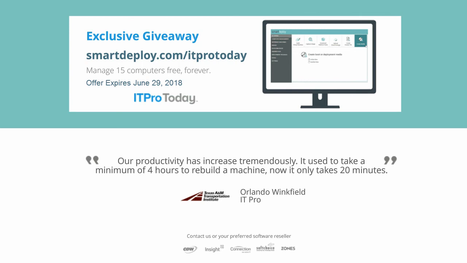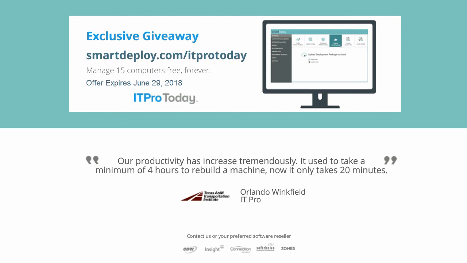Okay, great. Thank you. It looks like we have a few minutes, and we have quite a few questions here. The first question is a three-parter. First part, do you have to be on a domain to push images out to physical devices? What if you use vSphere? Can you use this instead of VMware View or vCenter to clone?